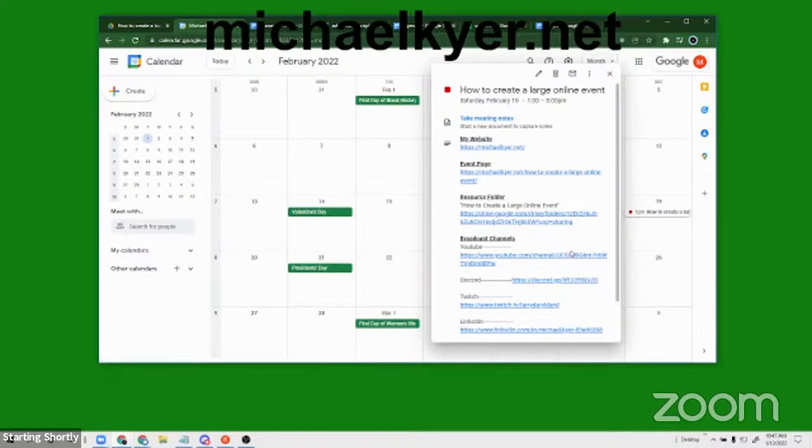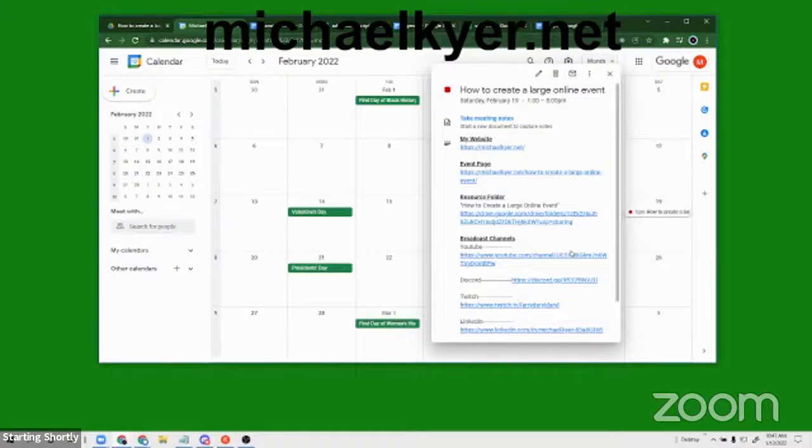I've added these in the description, and this is one of the things I really like about Google Calendar: you can add this description, you can update it, and your guests are going to get the updated version, so if you change things, they'll know. You can put your Zoom link in here, you can put all of the links like I've put in here,